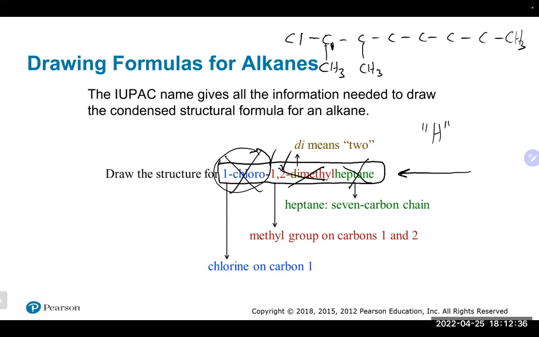The guy next to it has 2 lines coming in. So to get him to 4, he needs 2 more. So that is 2. Same thing with this guy, 2 lines coming in, needs 2 more hydrogens to get there. This guy needs 2 hydrogens. I keep eating up my carbons. And this guy needs 2 hydrogens. And the guy here actually has 3 lines coming in, which means it needs just 1 hydrogen. This guy here has 3 lines coming in, so needs just 1 hydrogen. And that is all you wrote there.